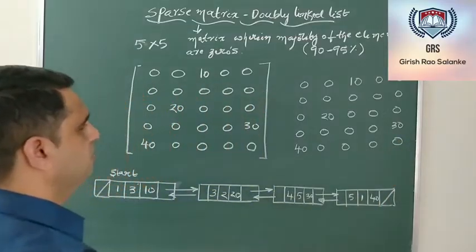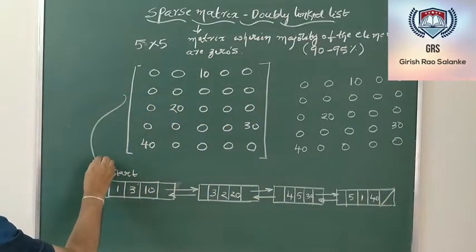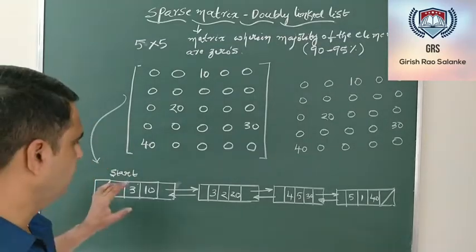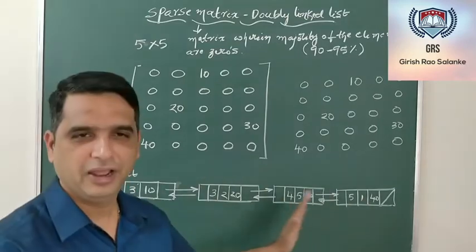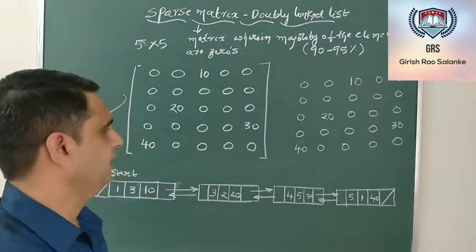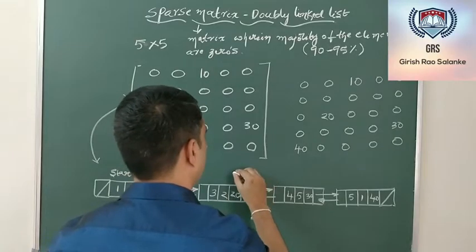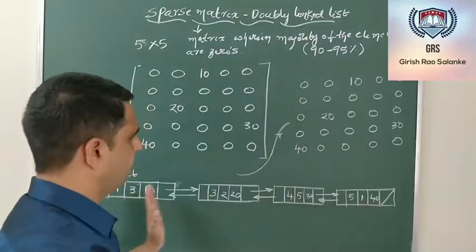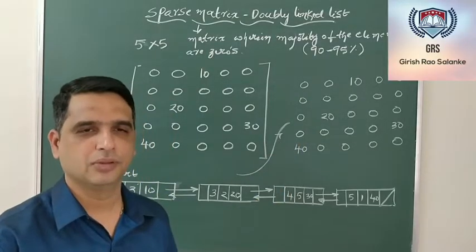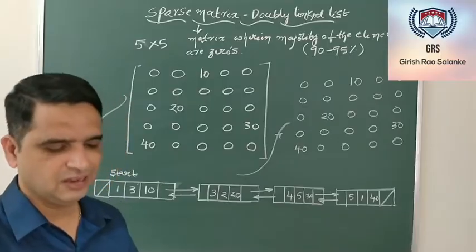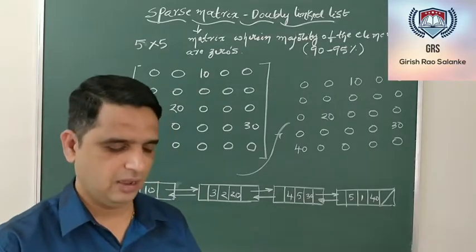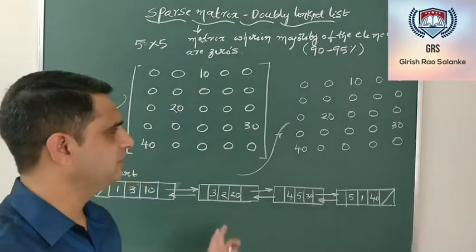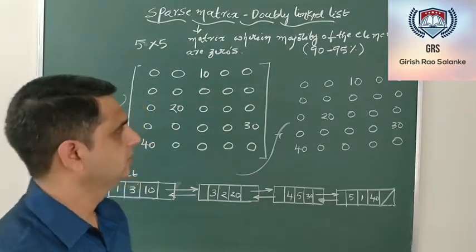Now what we will do with this sparse matrix, let us generate the double linked list. Let us create a double linked list. This is the first step that we will be doing. Once we are done with this, we will display the double linked list with the normal display function, and then we'll come up with one more function wherein we will generate the matrix with the help of the doubly linked list as the input. Hope this is clear. This is what we are doing today: representing a sparse matrix with a double linked list, and then with the double linked list regenerating the matrix.